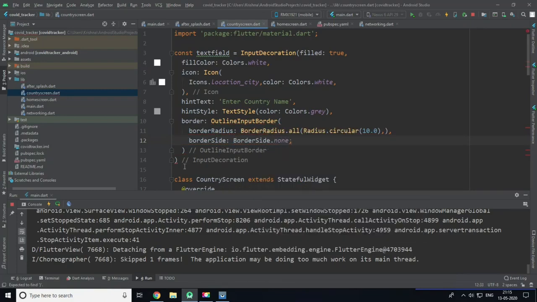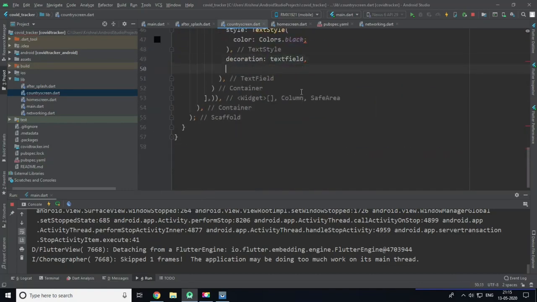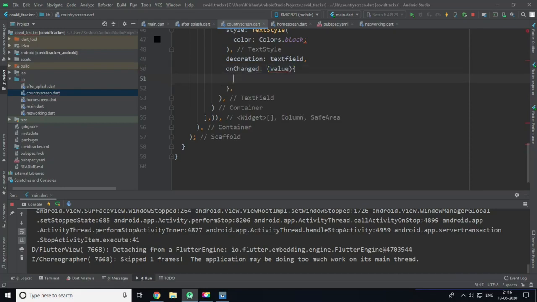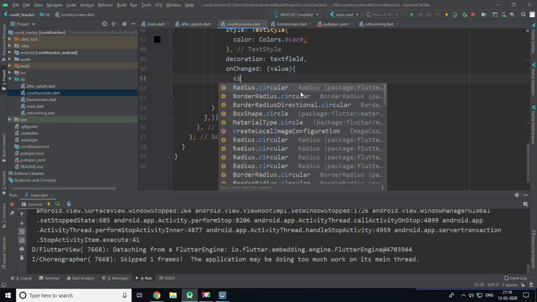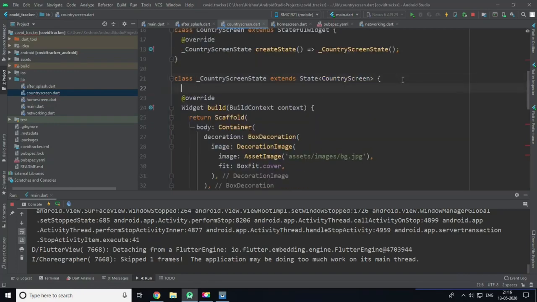Okay, so our textField constant we need to put it here, and after that I will put onChanged which is equal to value, which will pass the value to this variable called cityName. Now I need to create a String called cityName here.